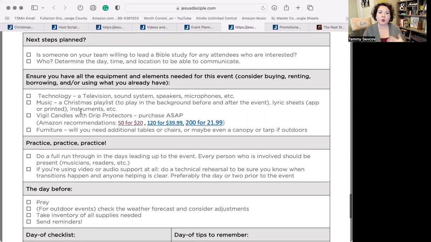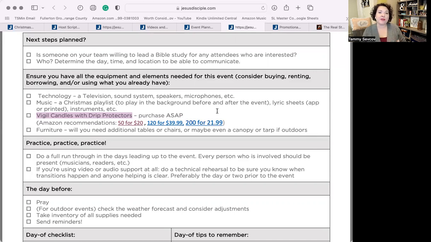Next, ensuring you have all the right equipment that you need. If you've got to rent, borrow, buy, don't steal. Thanks. That's one of those things we just definitely disagree with. But here's something I just want to tune in on that you might not think about early enough. You want to get the candles. The candlelight portion of this is the culmination. You need to have candles. This is not something that's an option. So however you want to get them, you need candles.